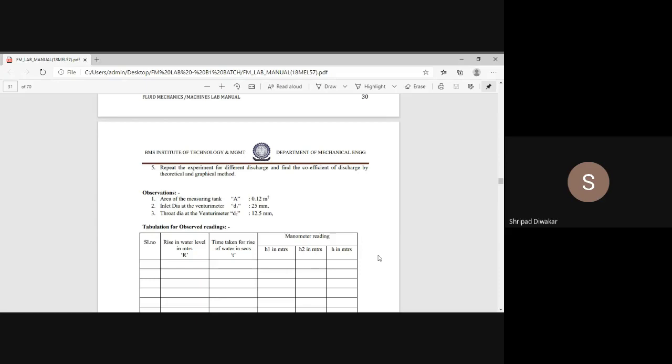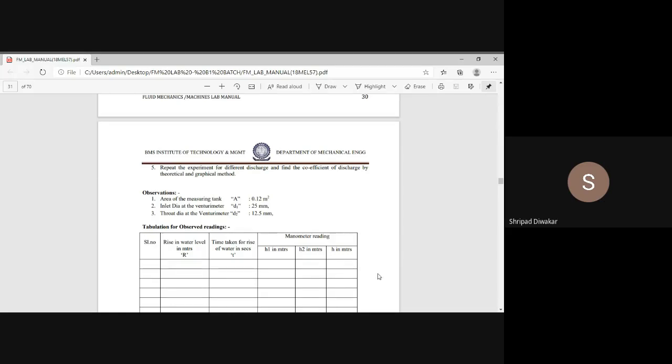You remember the same thing you are going to take in the lab. Sometimes we'll get the readings above the reference line. When the two readings are above the reference line or datum line, you have to take the difference in the pressure as h1 minus h2. If one reading is below the reference line and one reading is above, in that case you have to take h as h1 plus h2. So what readings I have given is minus 1.5 is h1 and 1.4 is h2. In that case, don't take 1.4 minus 1.5, rather you have to take 1.4 plus 1.5 centimeter. So all of you please remember this one.